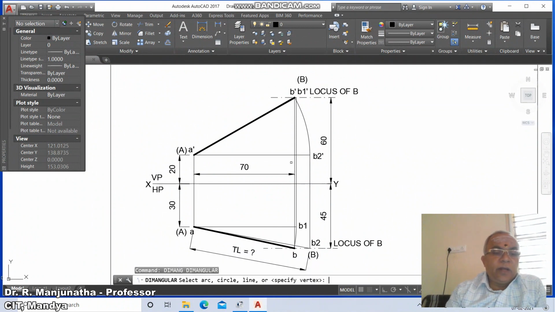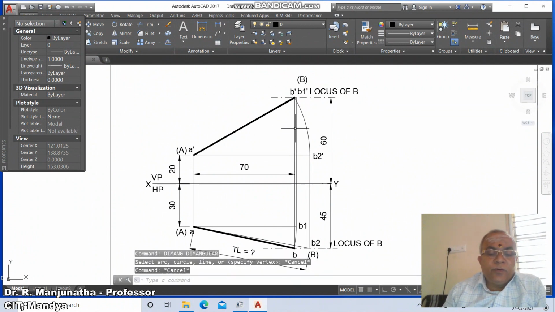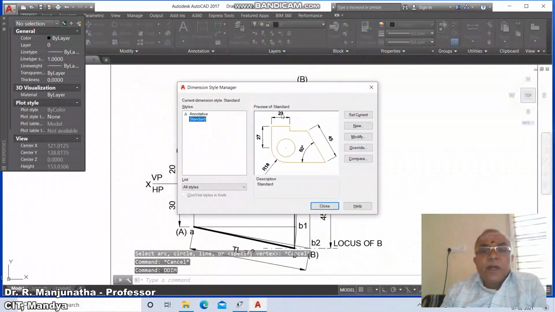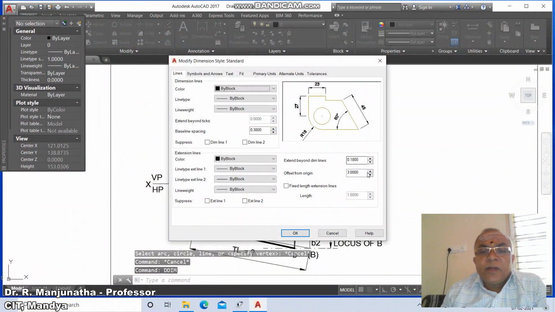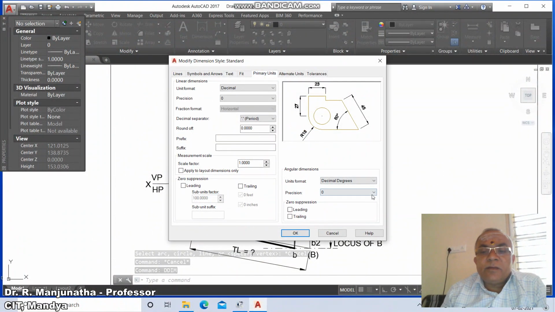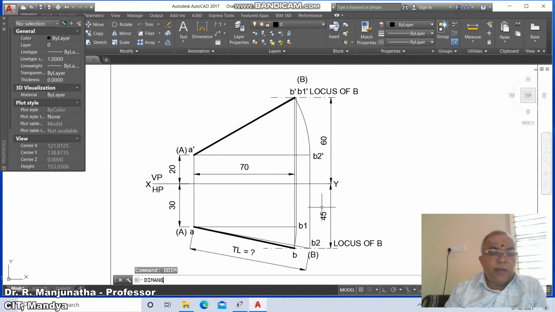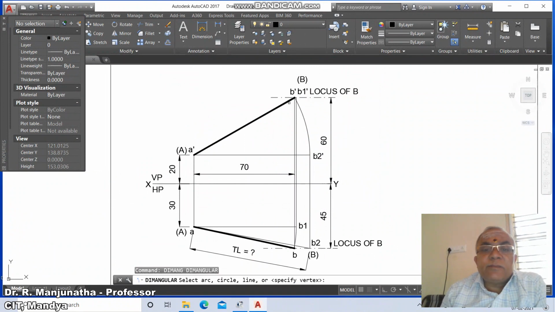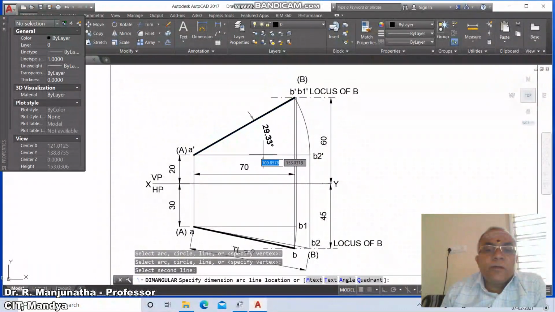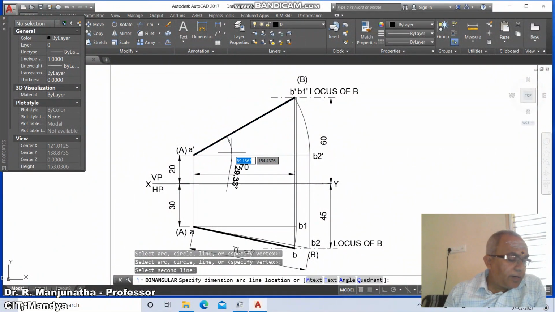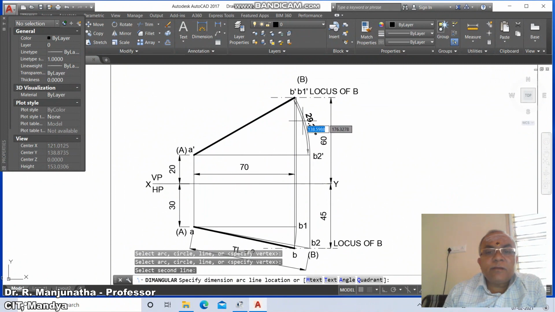Then dim angular between, now you go to DDIM and you go to modify and take the primary units, you make this as 0.00 and say OK and say close. Dim angular, select this line, so this is theta, so the theta will be 29.7, 29.33,